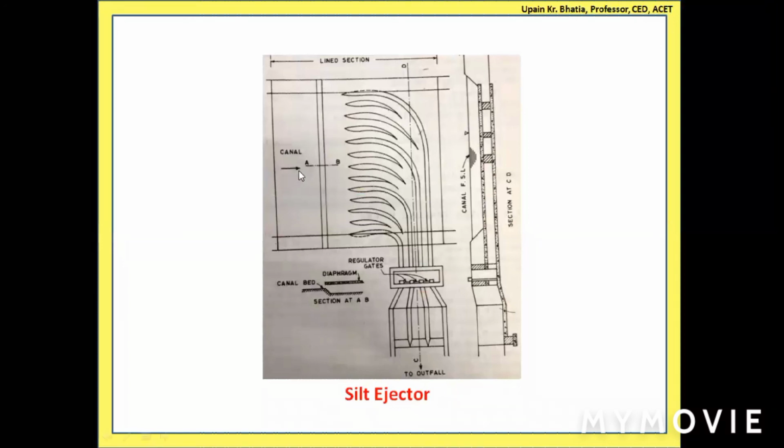You can see this is the canal. Here we have the gap, some diaphragm slab is there. If you see this section AB, some diaphragm slab is also provided at section AB. This is the canal bed level. It is depressed a little in this fashion, and in this portion these walls are provided. You can see these walls are very sharp, meaning they are offering a bell mouth entry into every tunnel, and ultimately the water is collected and released to the outfall channel.